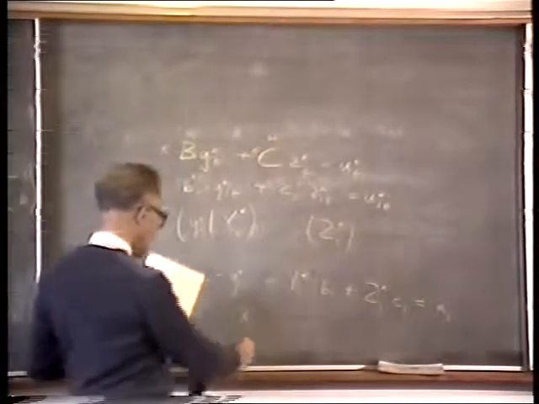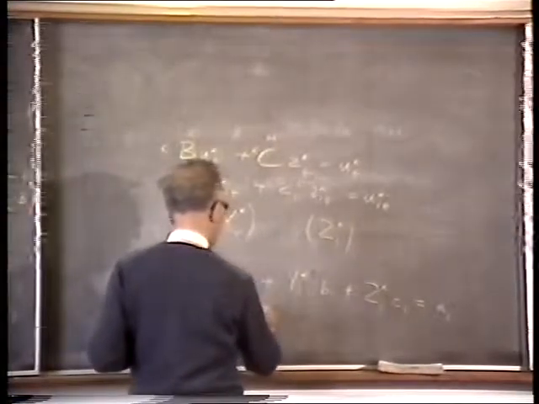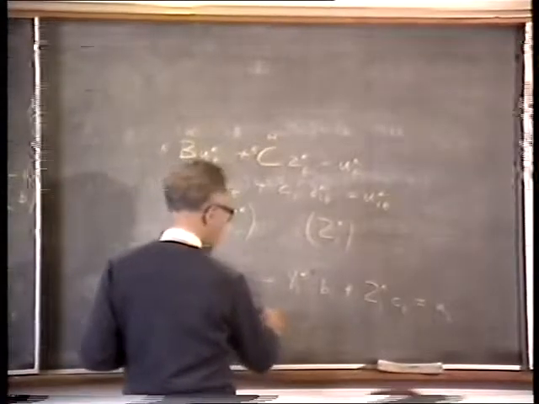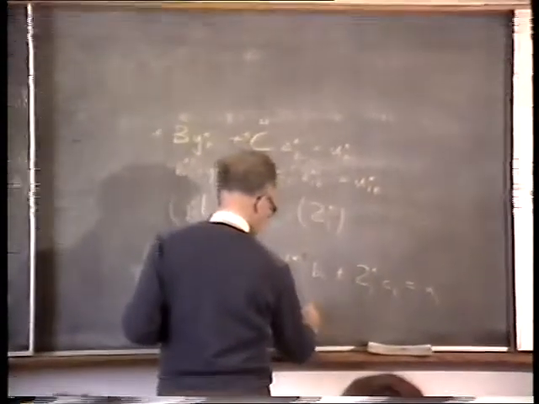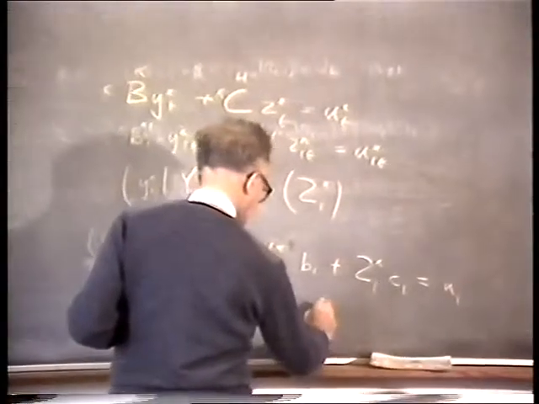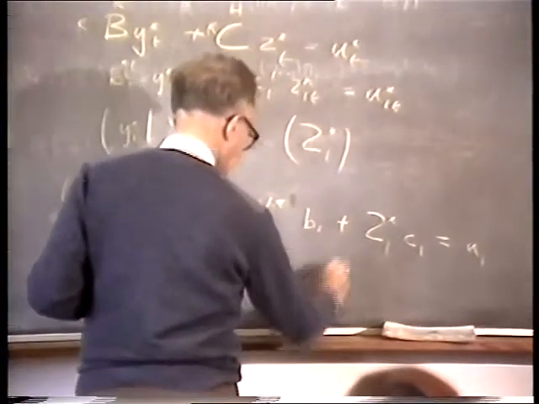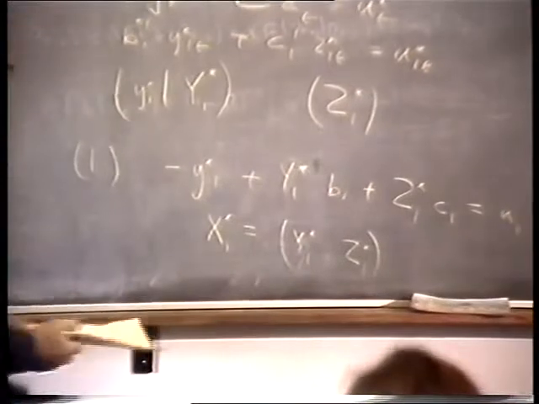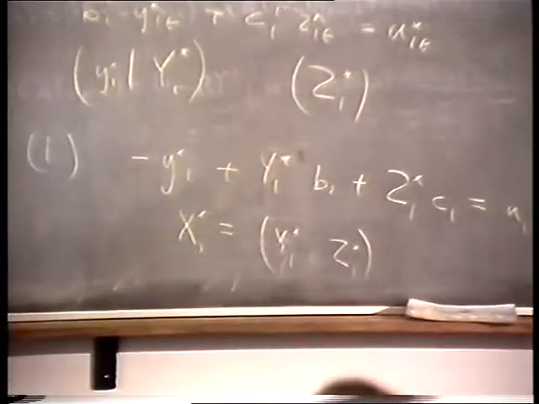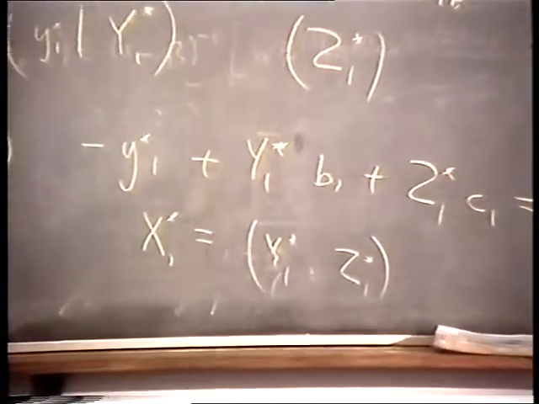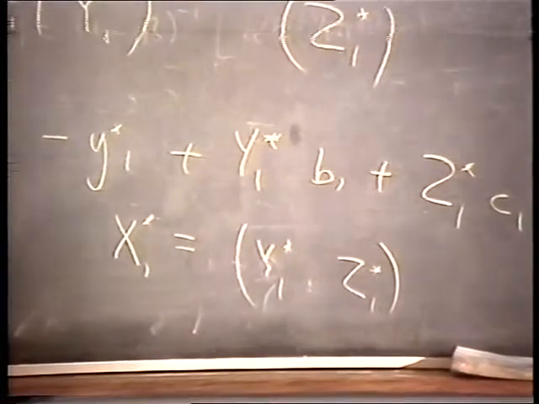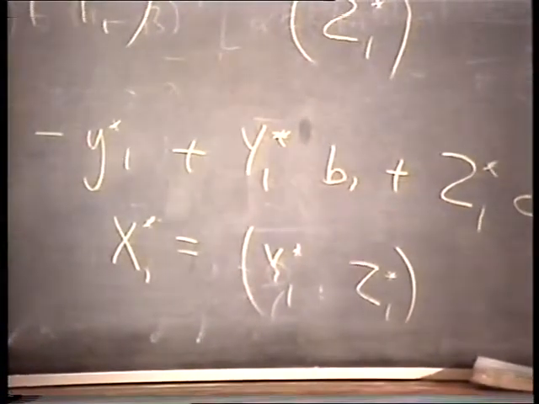Now substituting x1 star equals y1 star, z1 star, putting the two lots of variables together in one matrix and calling it x1 star, then we can write